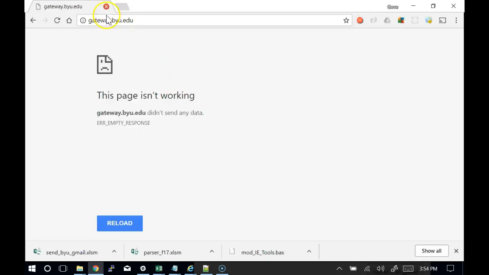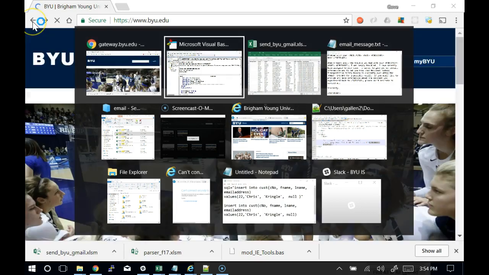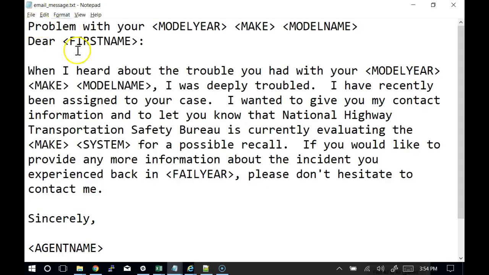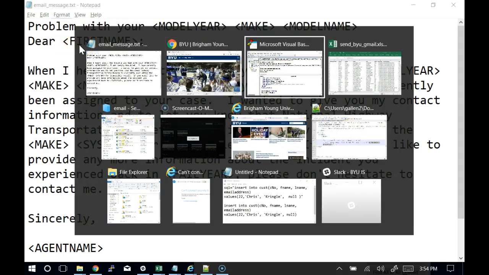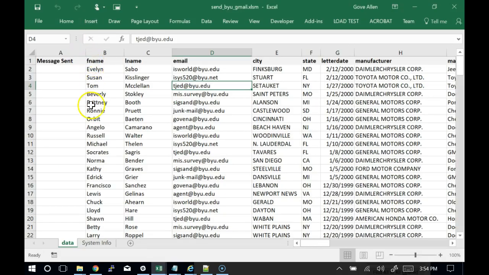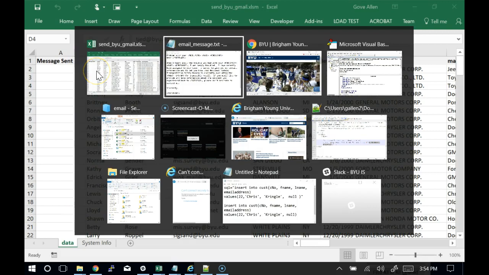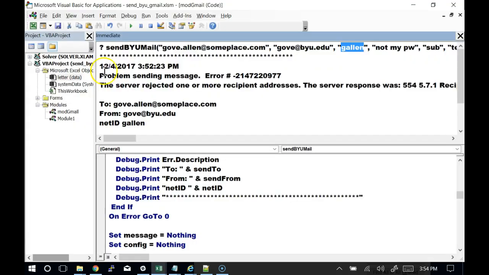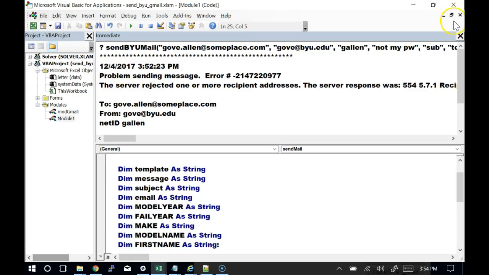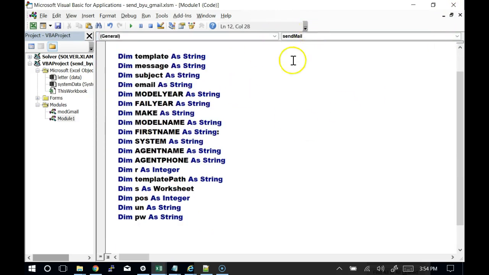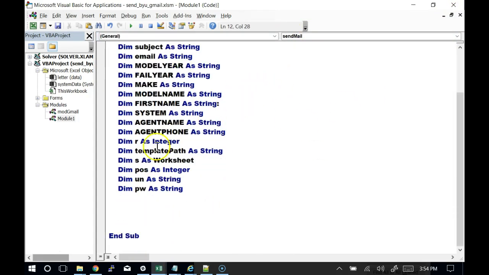This page isn't working. Oh yeah, there's no web server. Okay, so this is going to be our template. So let's start off by reading that template in. Actually, let's start off by getting a loop that will iterate across these records. So this is straightforward. By now, I'm hoping this is almost second nature to you, to be able to write a loop like this. So we're here inside send mail, down below all the dim statements. We've got r as an integer, r equals 2,